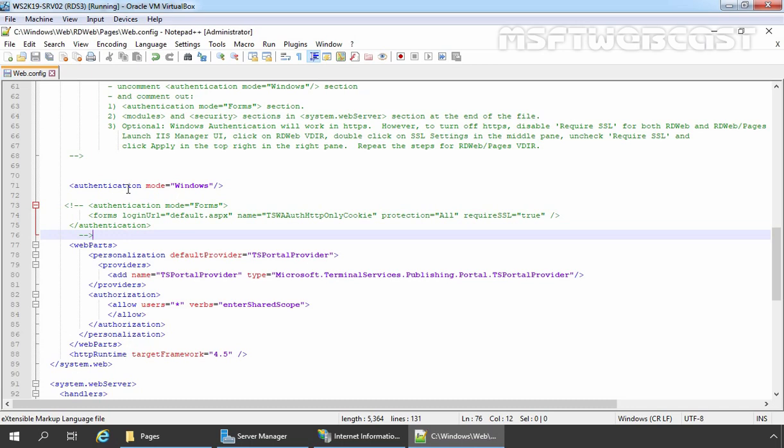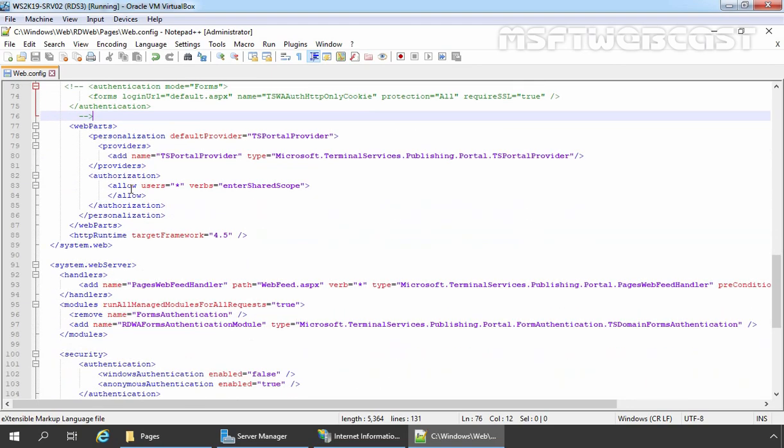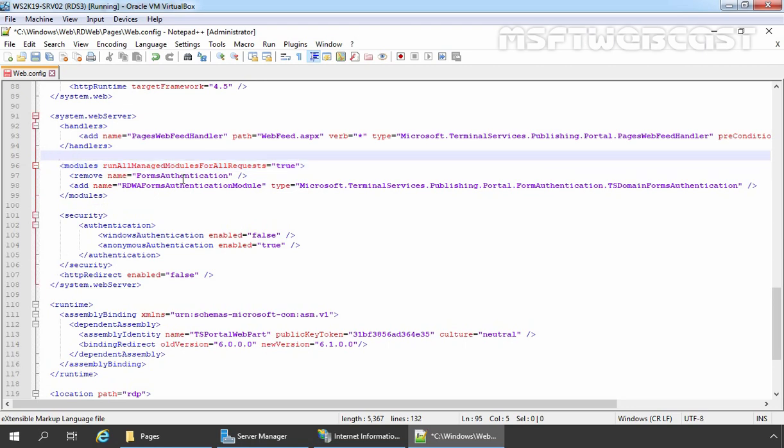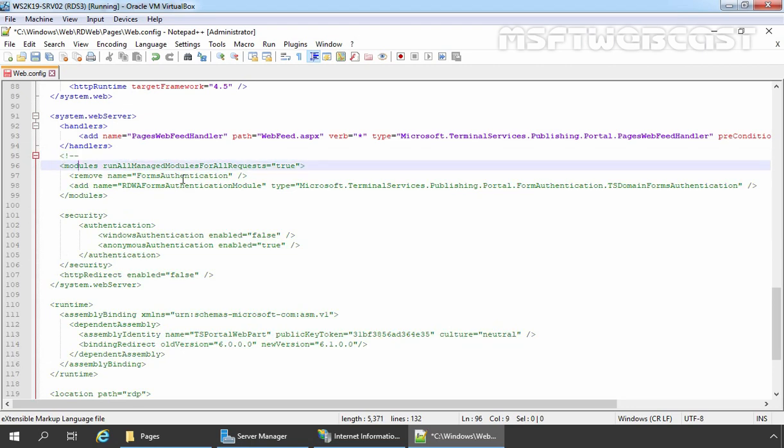Now I'm going to save this file. There are 2 other sections that we have to comment out as well. Let's scroll a little bit, and under system.webServer, once the handlers tag is complete, after that we need to comment out. Let's press Enter key. Let's add the comment symbol, and up to the end of the security tag, we need to comment it out.